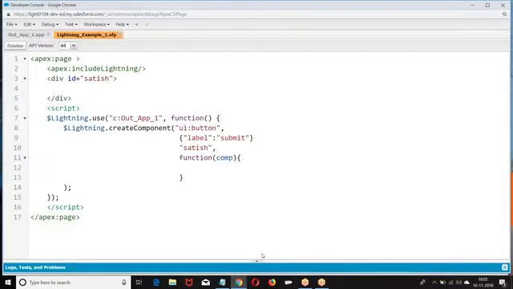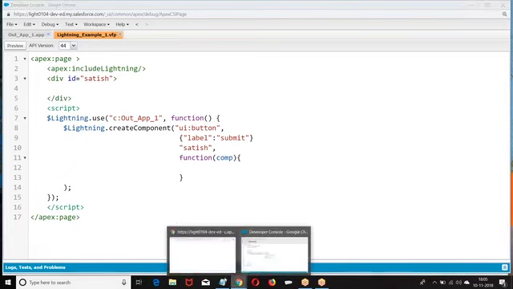Let me cross-check. What is the bug? ui:button, label, Satish, function. The function is closed, the component bracket is closed, the script is closed, and we have given include Lightning. What was the bug here? Let me cross-check the error. Let me copy and paste the code.